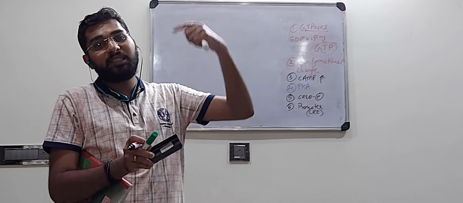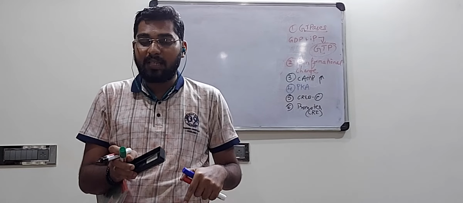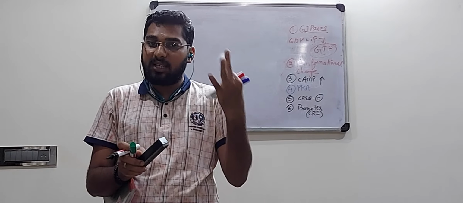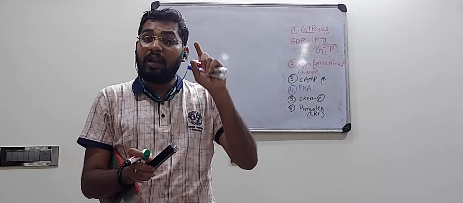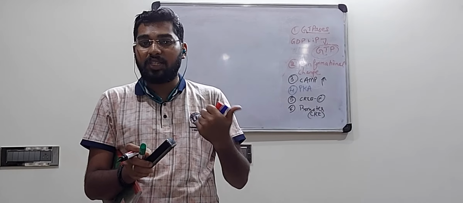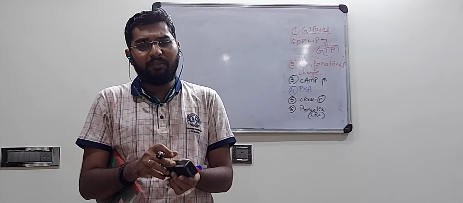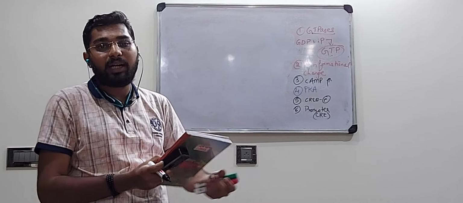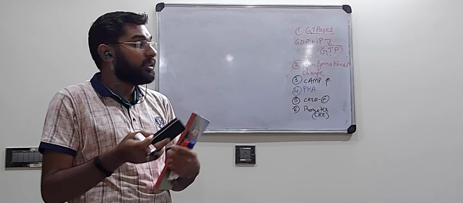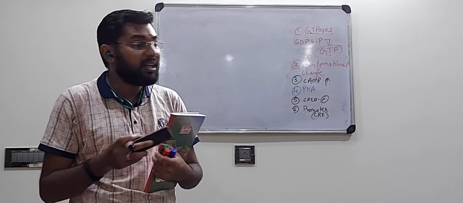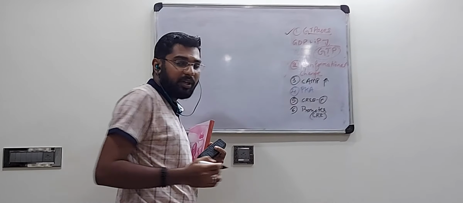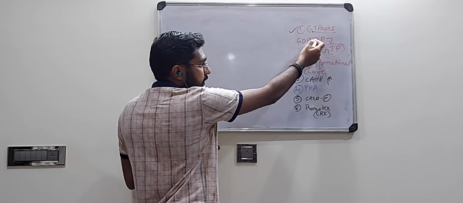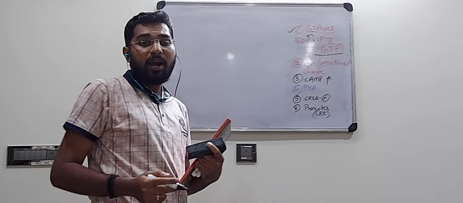Now, the N-terminal is towards the outside of the cell, the C-terminal is towards the cytoplasm, and this G protein is always attached at the C-terminal. This G protein has 3 subunits: alpha, beta, gamma. And GTP or GDP always attaches with the alpha subunit. It also has a ligand binding domain. After the ligand is bound to that ligand binding domain, this entire receptor or protein gets activated. So the first step is that GTPases are produced, and these are involved in the conversion of GDP, which combines with inorganic phosphate, and it forms GTP, guanosine triphosphate.